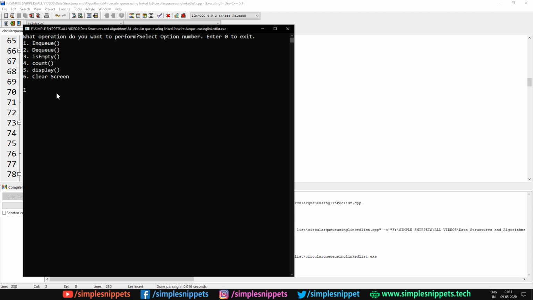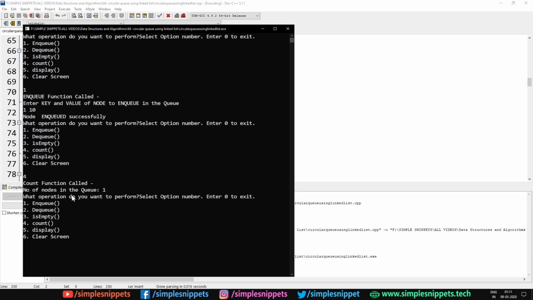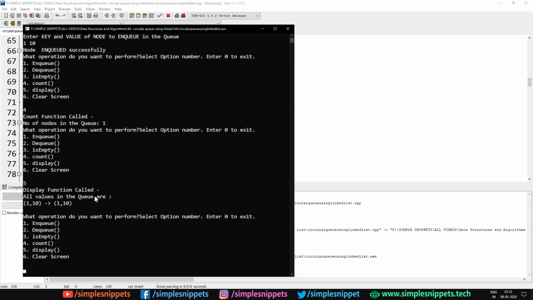I'm gonna hit first option number 1, which is for enqueue. I'm gonna say 1 and 10. So let's enter node n1 with the key of 1 and the value, that is data, of 10. Hit enter and you can see node enqueued successfully. So when I say option 4, which is for count, you can see number of nodes in the queue is 1. If I hit option 5, which is for display, now you can see display function called, all values in the queue are 1 and